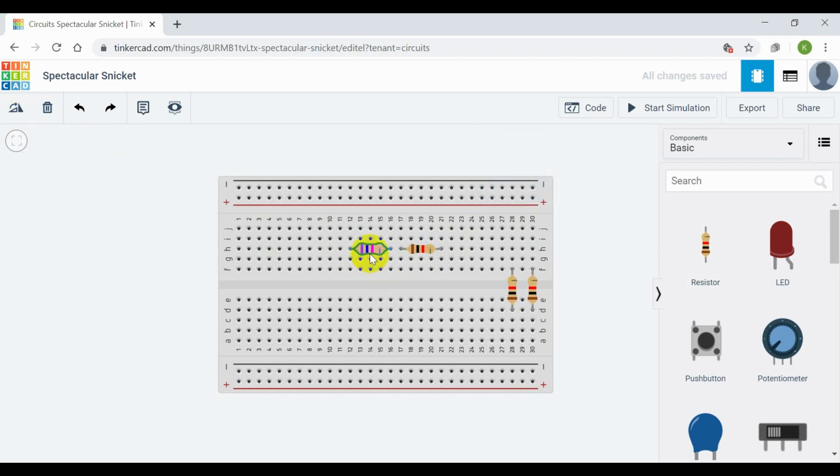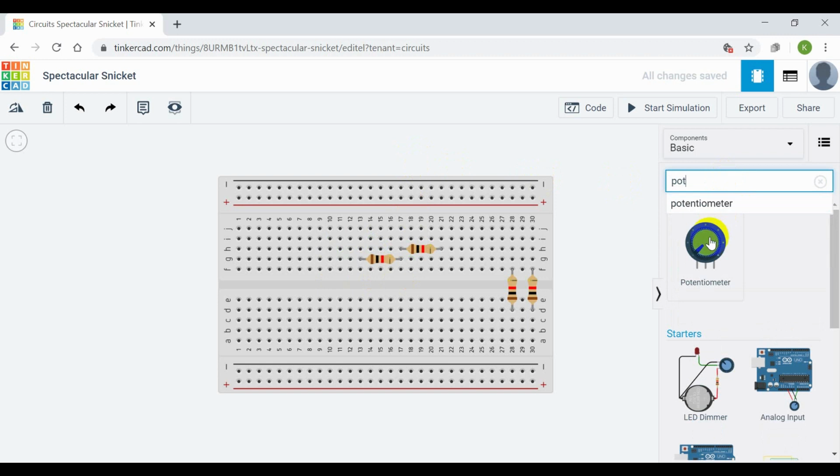For example, series means if you want to connect this pin to any other components, you can place it in this column anywhere because you will get the same value. So this resistor we have to place here. Now these two pins are internally connected in the breadboard. So now these two resistors are in series. Next we are selecting the potentiometer, pot. It is nothing but a variable resistor.